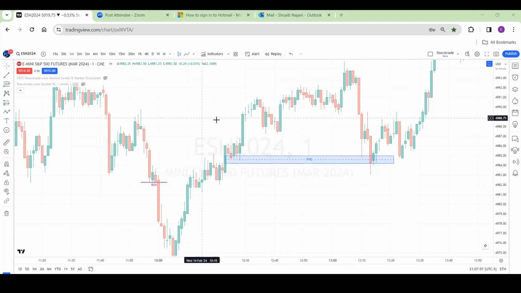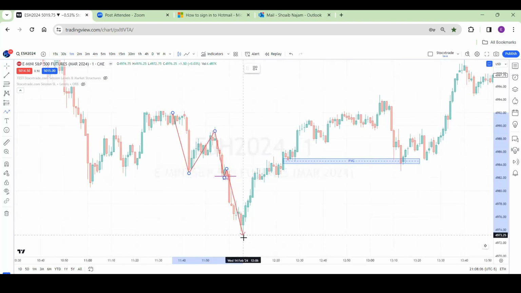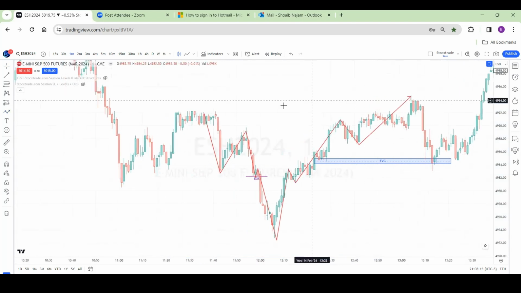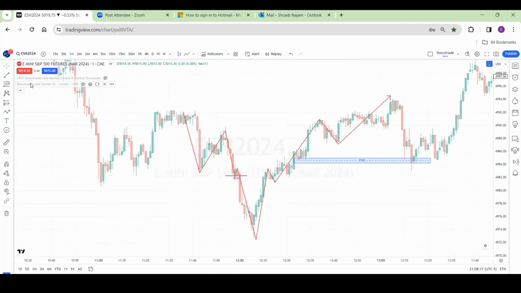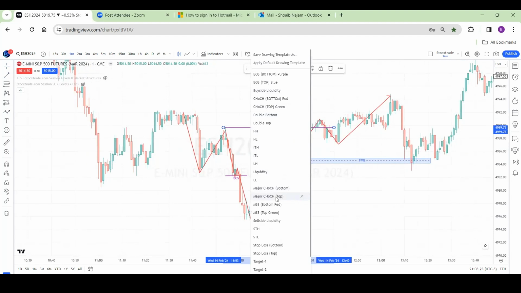Okay. So, you see that the price came down, up, then down, up, then down. I'm just marking that. Then you have the market shift. Again, high. So you have the market shift here. After the market shift,